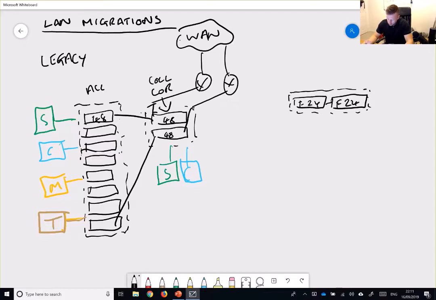Right, VSS, yeah, whatever. Anything of those, yeah. Right, and then they've got connections to the router. Well, actually, that's not entirely mandatory.